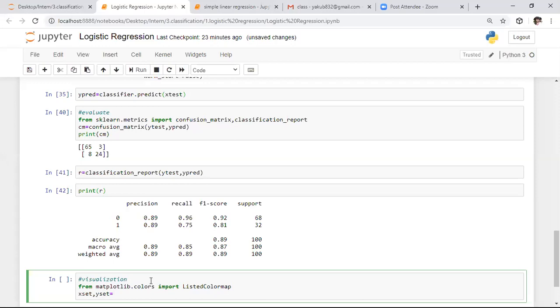Here I want to plot the graph for training data, to visualize the categorical data for the training set.